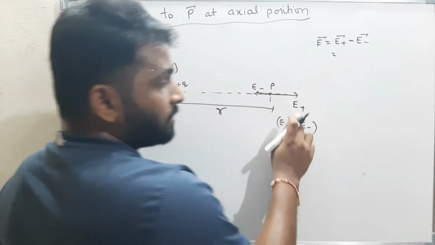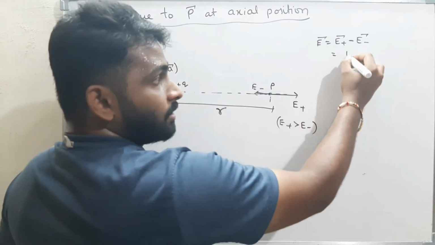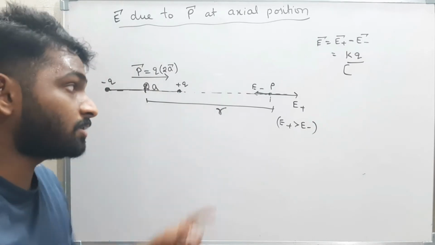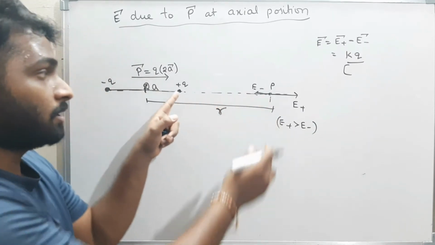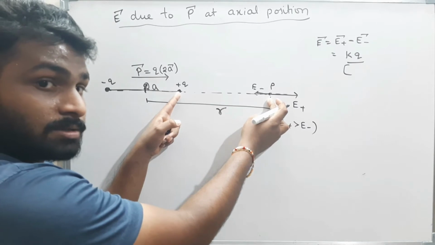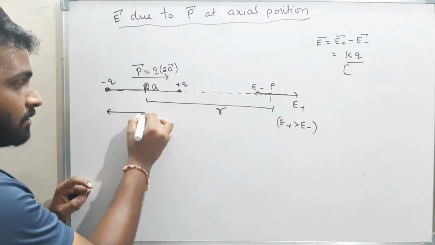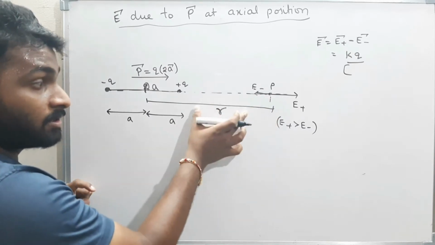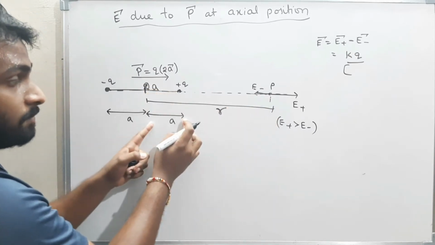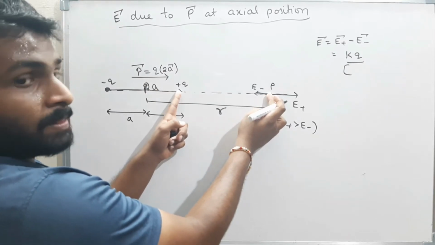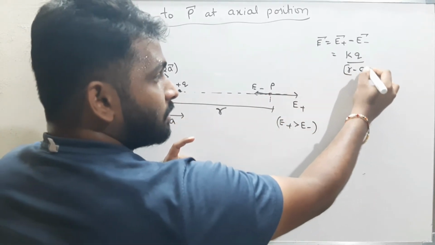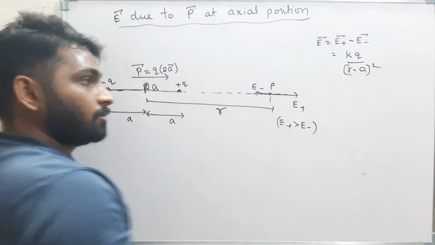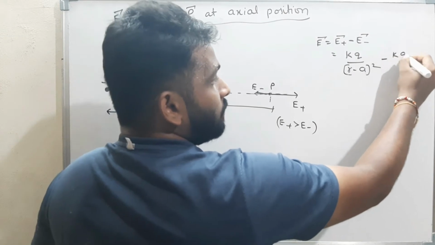Therefore, what is the electric field intensity? Because of the positive charge, it is KQ by, what is the distance between the charge and this point? This is A and this is A, and I took this point at a distance R from the center. Therefore, this distance is R minus A, whole square. Minus KQ by